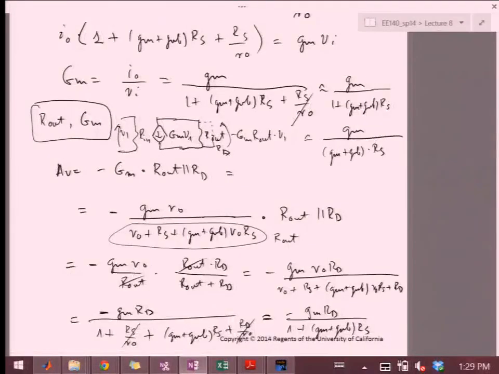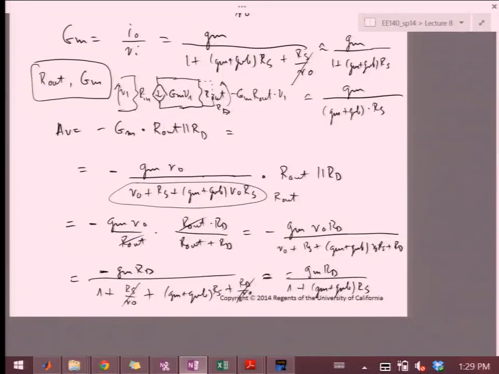Again, this piece we can likely eliminate because RD is much smaller than ro. So we're left with approximately minus gm RD over 1 plus gm plus gmb Rs. Okay. Keep in mind, when you have Av equals negative gm times Rout,